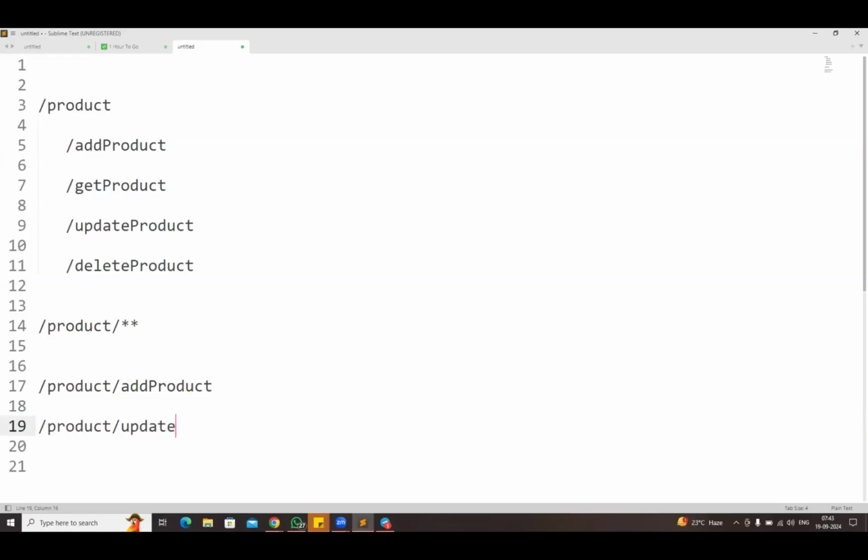So when a request comes to the product API, it can be any one of these URLs. Customer can access add product, update product, delete product or get product. So what I am telling the API gateway is, when a request comes with product, after this the double star means it can be anything. You send that request to the product API. That is the meaning of that. Okay. Regarding product, whichever request comes, it will access. Yes.